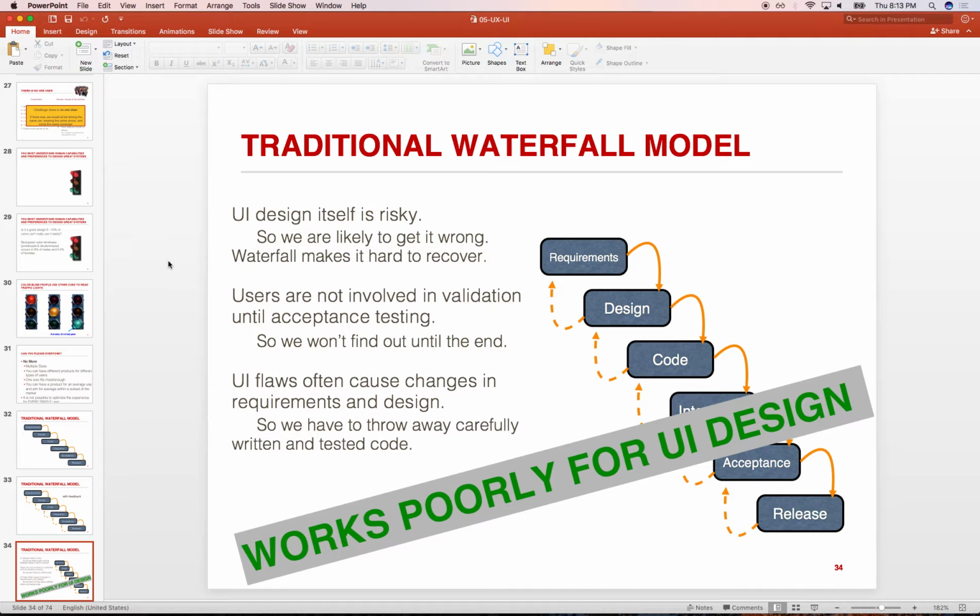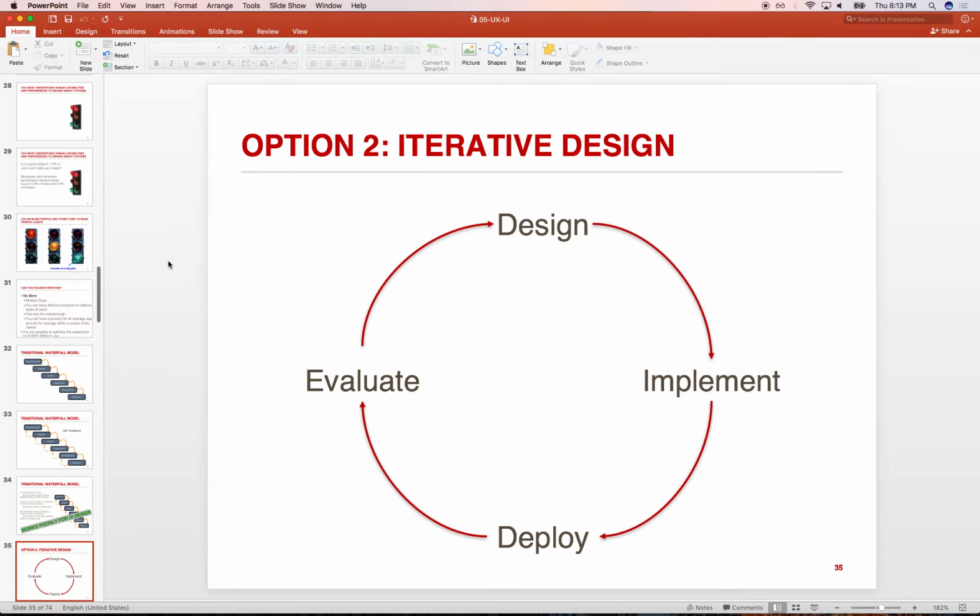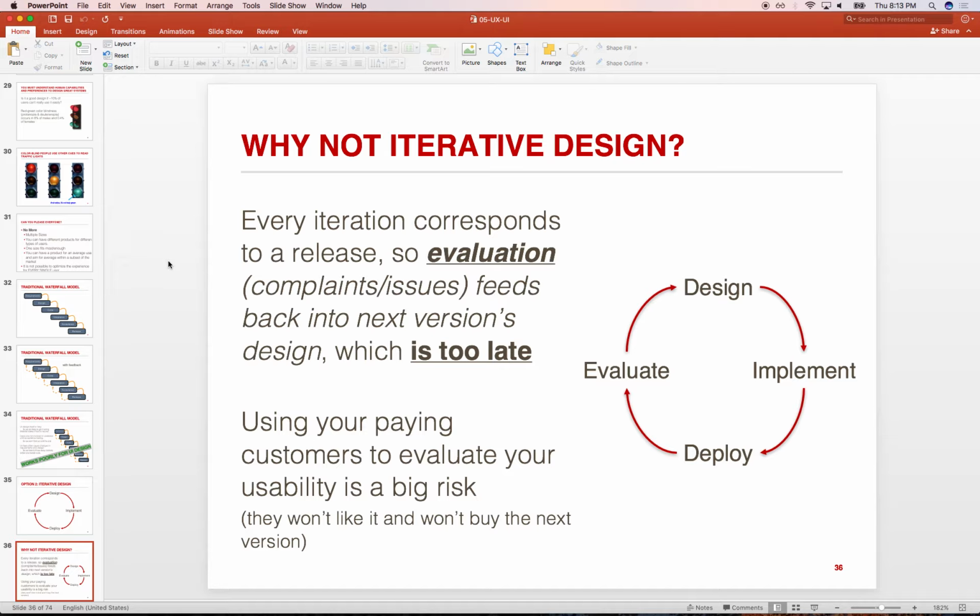So it's not mature. Using waterfall or any technique that would rely on an end user to participate in the evolution of the user experience is very costly, right? Ideally, you want to have identified these issues much earlier, much before getting to the end user. So again, same thing. Iterative design, any of these techniques that work well for software development, do not necessarily work well with user experience, right?